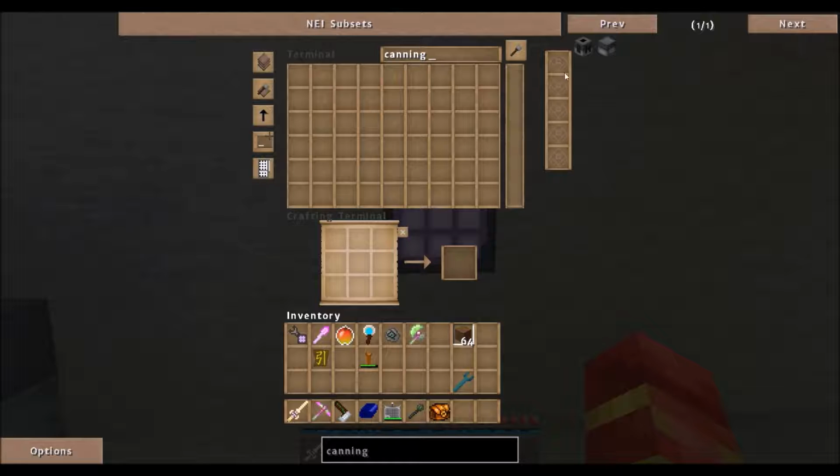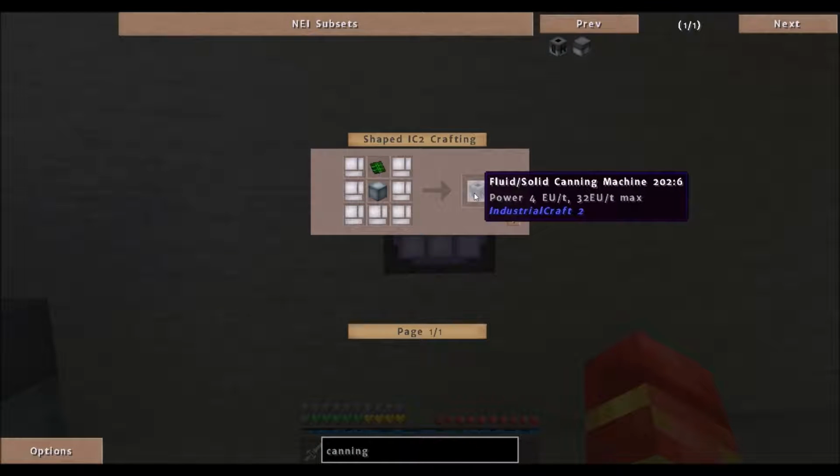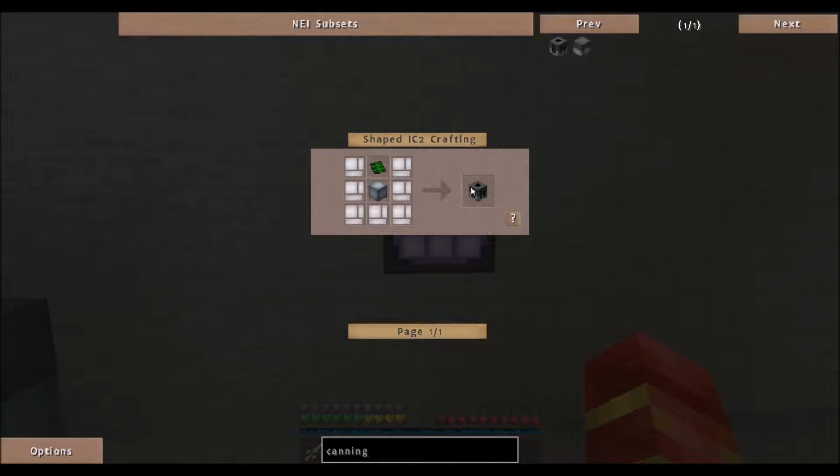What you do is you pump water into one of these and put lapis dust into it, and what that does is makes liquid IC2 coolant, and you pump that into a second fluid solid canning machine next to it with empty cells, and that will can the coolant into the cells. And from there,